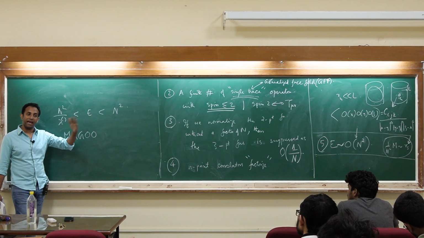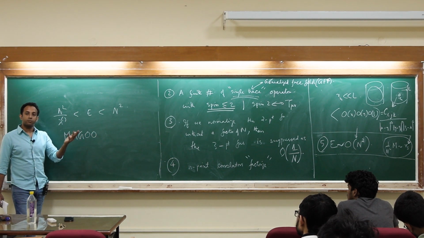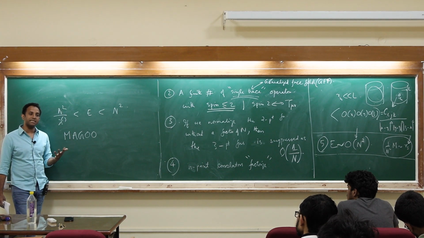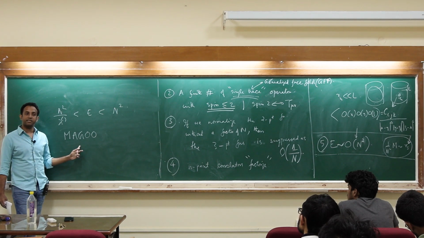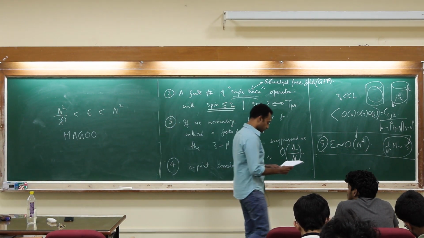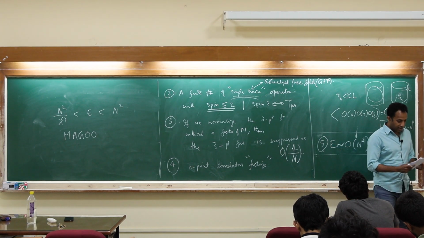That has been done. People have constructed numerically small black hole solutions in AdS5 times S5. That has been done, but I would still say that the understanding is essentially where it was at the level of this review. I don't think it has progressed much more than that, even though there are directions that are kind of promising.